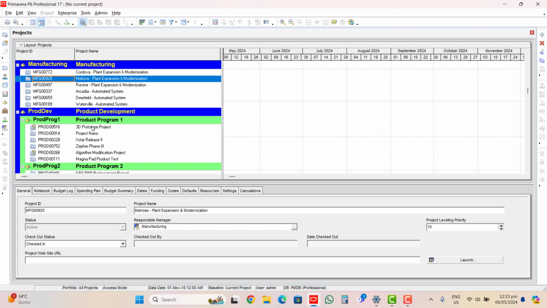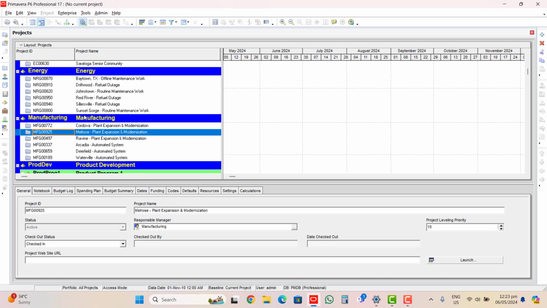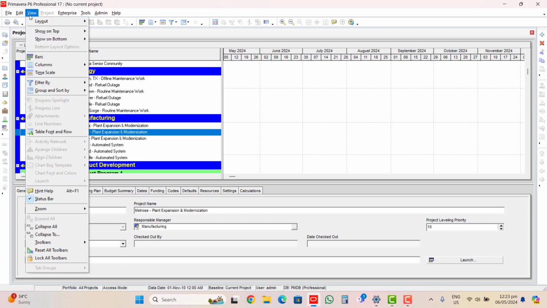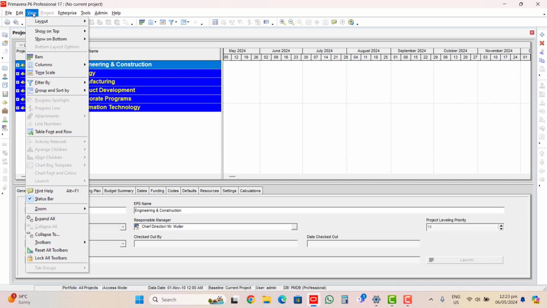And if we want to instantly collapse all this, there's a menu here. We go to menu, click view, and then collapse all. And here under the view, we have three options. Actually, we have the expand all, collapse all. So we click the collapse all.